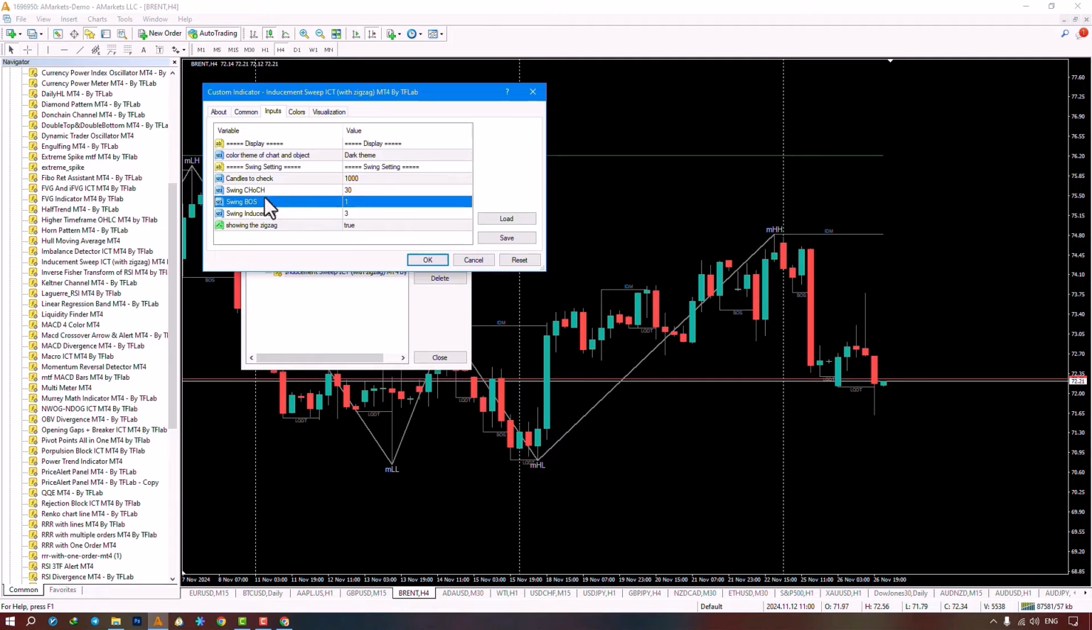The next section is about BOS, which is set to 1, meaning it only considers 1 candle to identify the swing for us. The following part is about the swings of the indices and sweep indicator, which considers 3 candles for it. The last part is about showing or hiding the zigzag lines, which